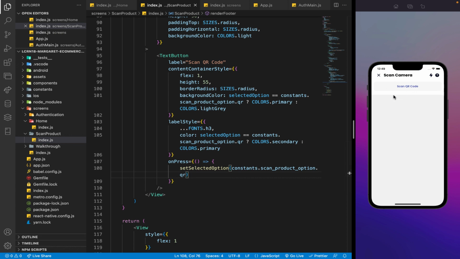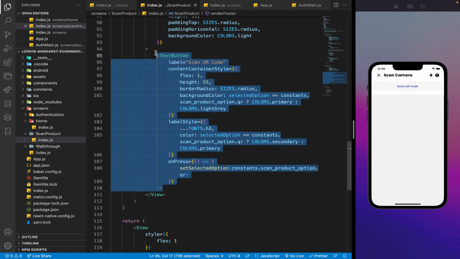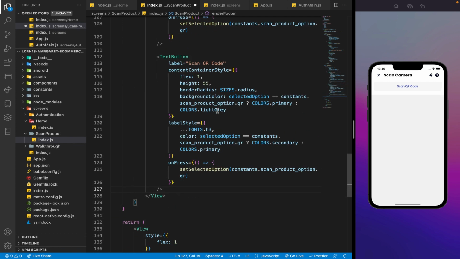Okay, cool. Now don't worry too much about the position of the footer section for now, because the layout issue will be fixed after we added the camera section later on. Alright, next I'm going to simply copy this and paste it over here, and this time it's going to be